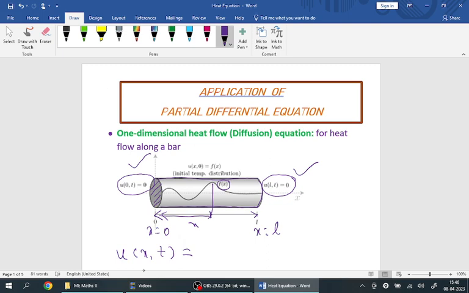So you can say u of x,t, or you can say T of x,t. Both ways you can write it, but u or T, they are temperature functions. So these temperatures are 0 at the ends. At a distance x, we are given some initial temperature f of x. You'll observe the third condition is the initial condition. u of x,0 means at t equal to 0, we are given some f of x, and that f of x is the initial temperature. There is initial displacement in wave equation. Here we have initial temperature. Only three conditions are there in one-dimensional heat flow, and our aim is to find out